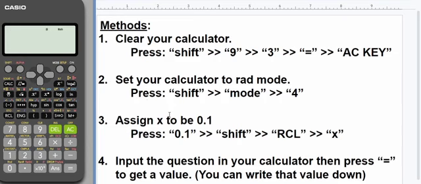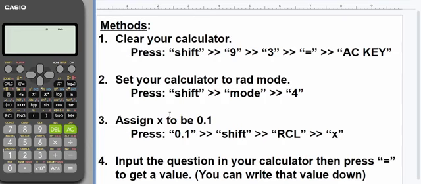0.1. Why are we choosing 0.1? Why can't we choose 100? Why can't we use 50? But I like staying uniform. I don't want to give my calculator a lot of work, and at the end of the day it's going to give me a big figure. I just want a figure that, when I use it, the calculator is going to use it for me and give me the value of my answer to the question. That's why I suggest you use 0.1, or sometimes you can use 2, but I've worked with 0.1 and it has helped me, and I haven't been getting the wrong answer in my examination. So that's why I recommend you use 0.1.